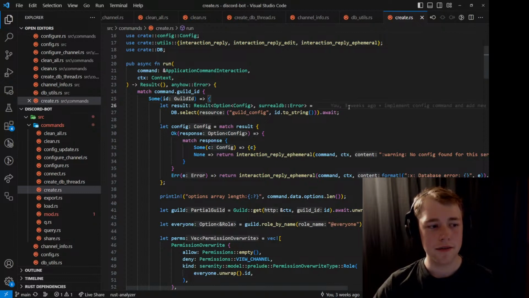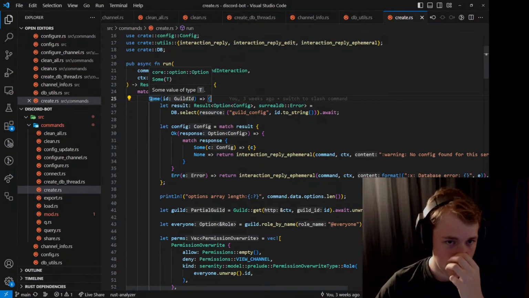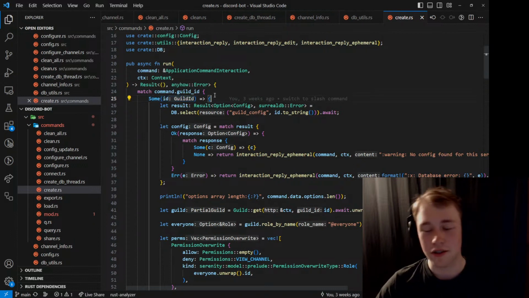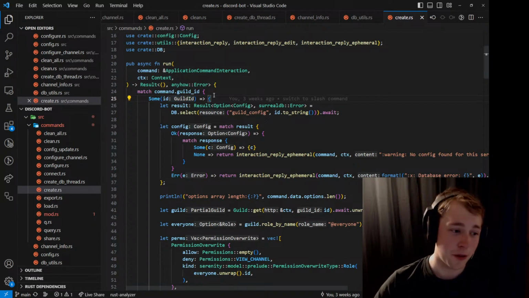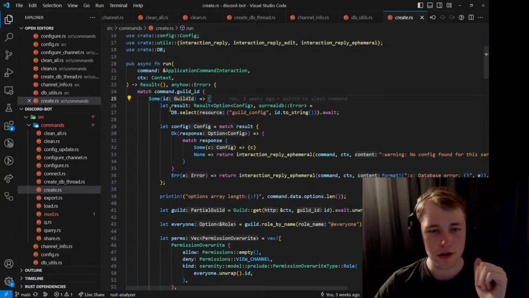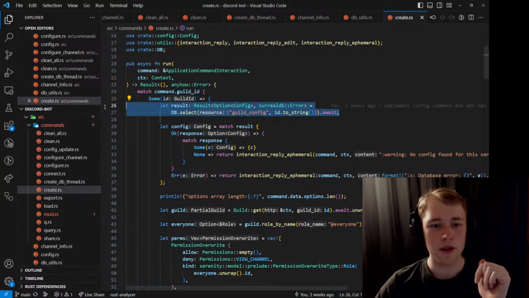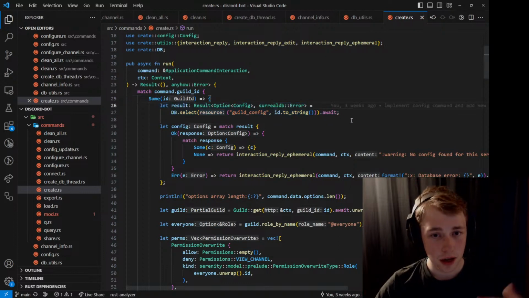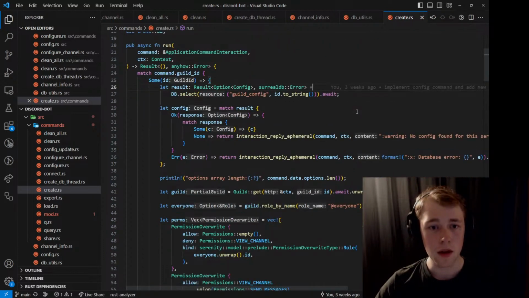So the first thing that this does is it checks to make sure that you're actually in a guild, that it's not a private message. You shouldn't be able to use it as a private message anyway, but we need to make sure of that. And then we want to get the configuration in the server, because we need to use that as the defaults for the connection configuration. And if there isn't one, then